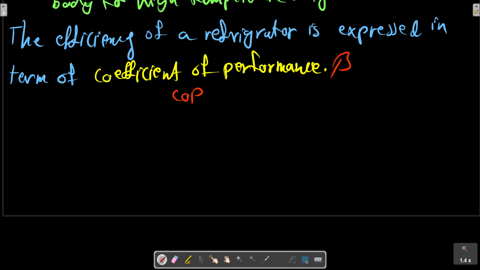For a refrigerator, the objective, that is the energy sought, is QL,